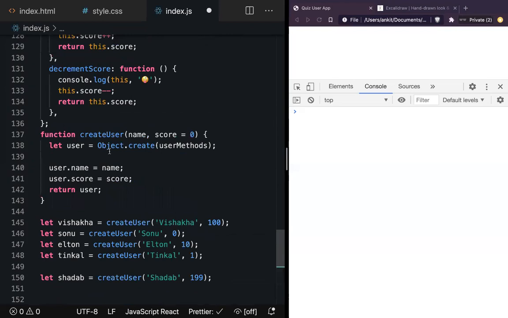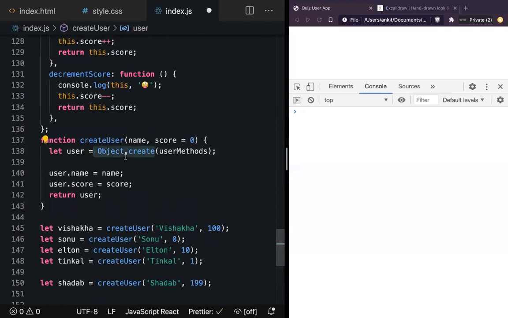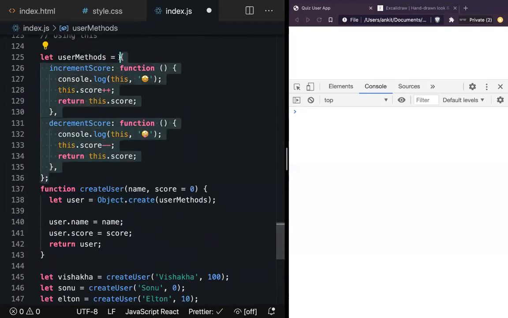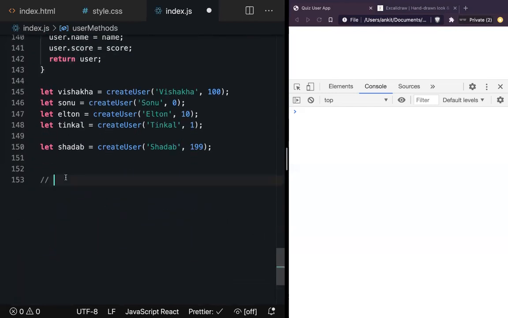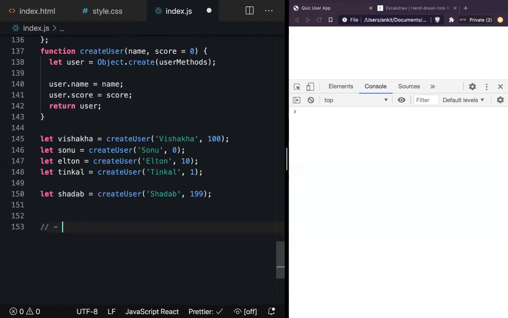Because there are a lot of rules going on here. Can you see the rules of object.create, putting it into an object? You have to remember those things. So what are those things that you have to remember? First, while creating an object, we have to pass an object inside. While creating a new object, what are we doing here?